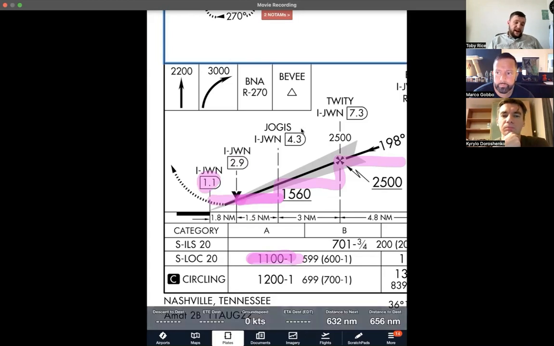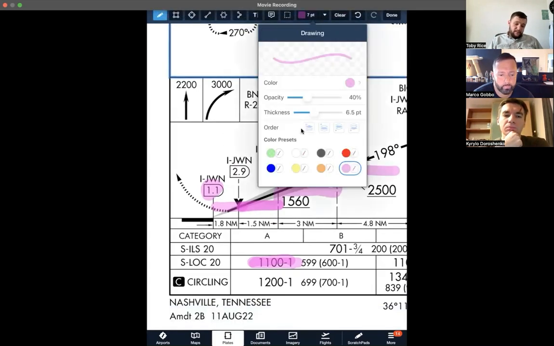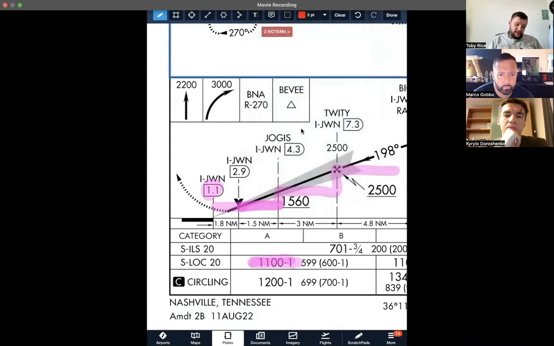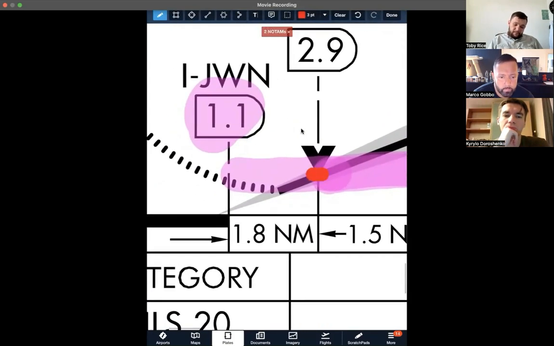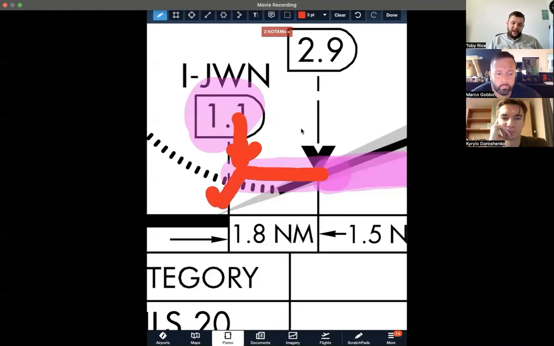However, let's say I see the airport, I see the runway. Let me bring the thickness down here. Let's say I see the runway, right here, just before the missed approach point. Do you think it's a good idea for me to take a $2 million jet with 11 people in it and chop the thrust levers, dump the flaps, put the speed brakes on, and then try to slip it into the runway right here at such a steep angle? It's not a very good idea. It is not safe